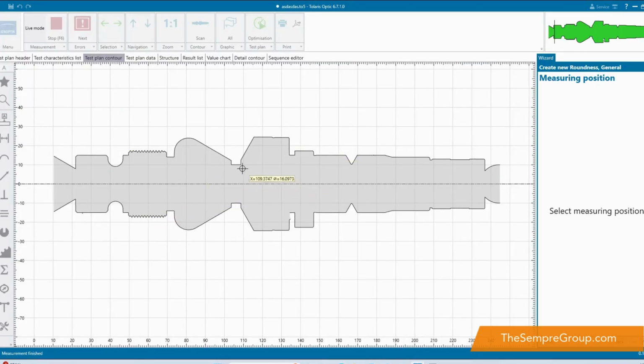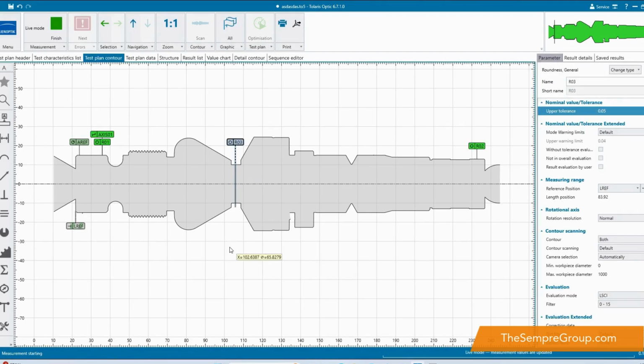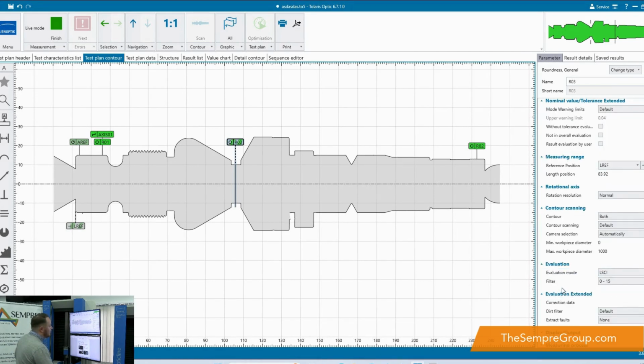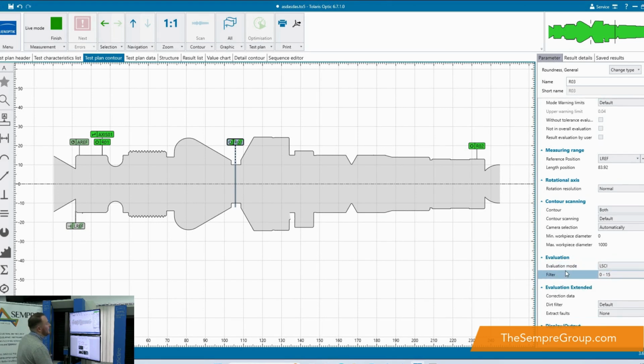So if I go to one of our grooves, I'm going to take our roundness plot here. Now, the evaluation mode to the roundness is the critical bit within these systems. It's how you can change the resolution, the evaluation mode, the filtering, and fundamentally what we're trying to find on that roundness as well. So here we've got our least squared fit, and we're using a UPR filtering of 0